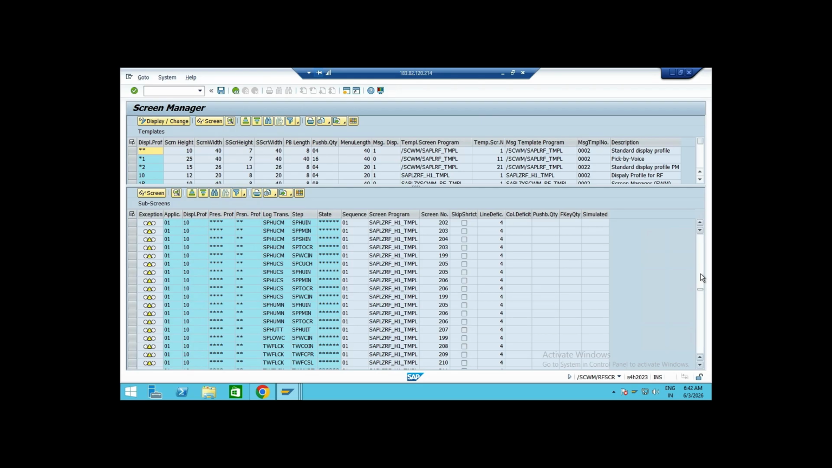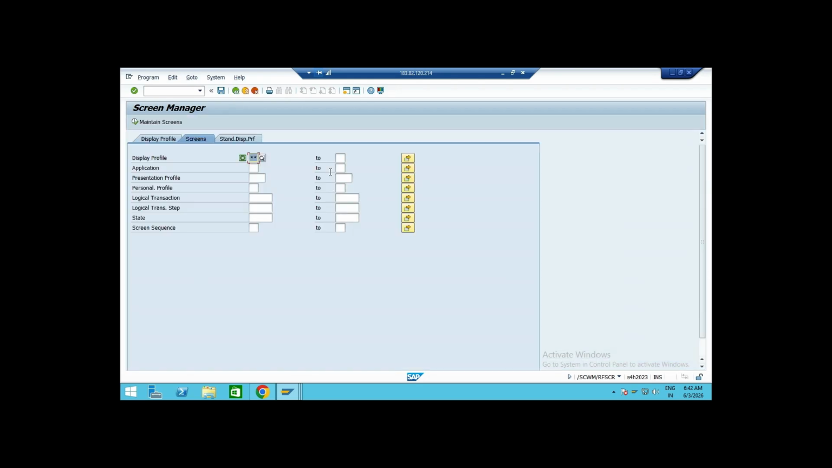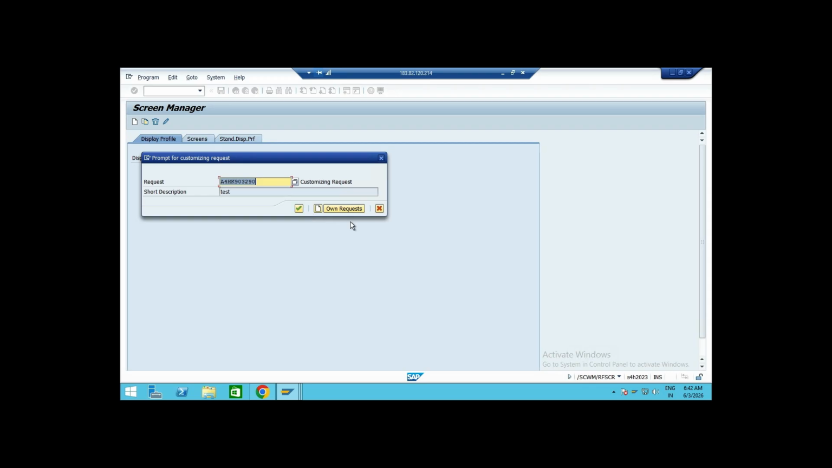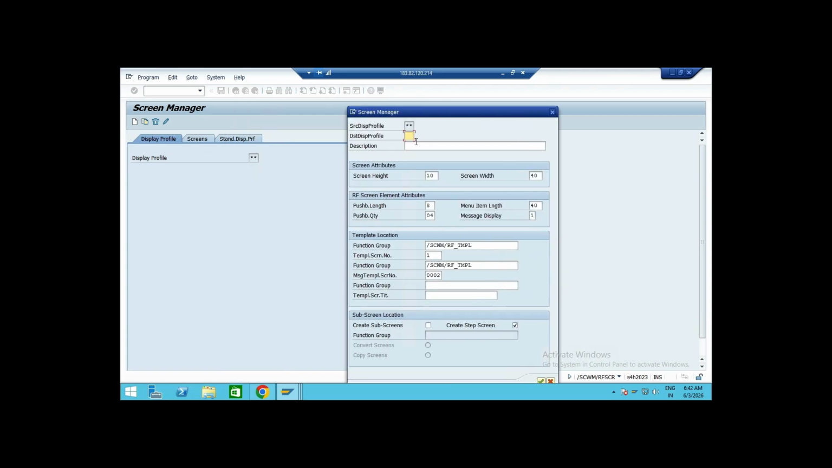So let me just go on here, and you can also copy this display profile. You can just click on this and copy these and continue. Now it will ask what your display profile is. So I just keep it and